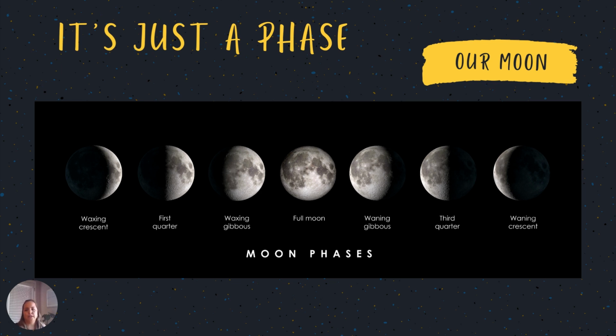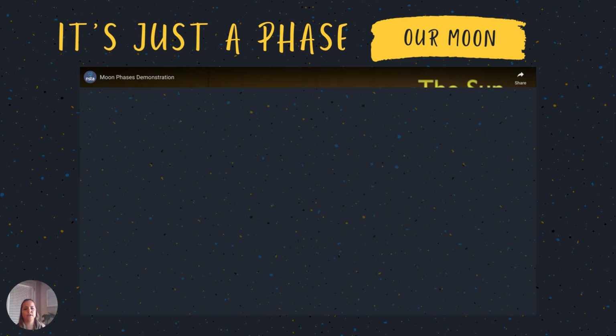So a good video and kind of imagery to get an idea of how this works is in this video here. This video is a very good demonstration. You could also recreate this if you wanted to, but it shows you the illuminated portion and what you would see. So the light is the sun, what she's holding is the moon, and she is the Earth. And so as you move around and you see the different illuminated portions, you can see the different phases of the moon. So it's a very good demonstration that I recommend you watch.